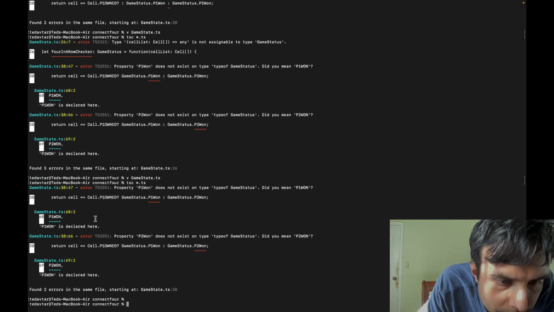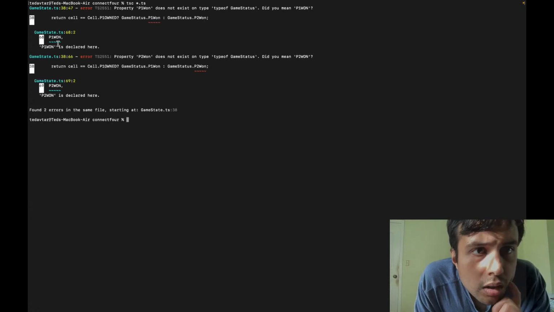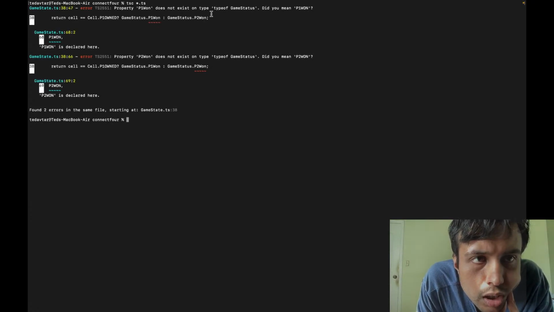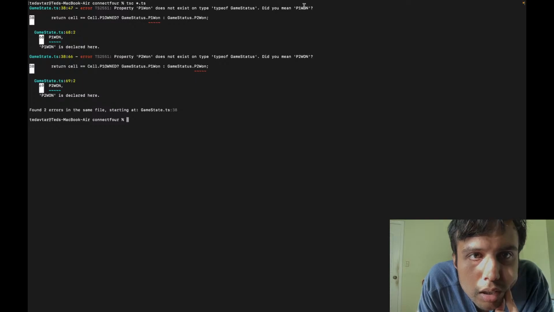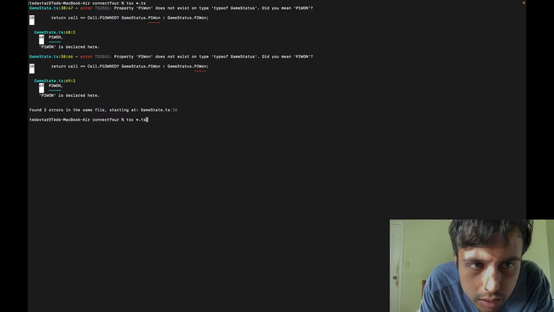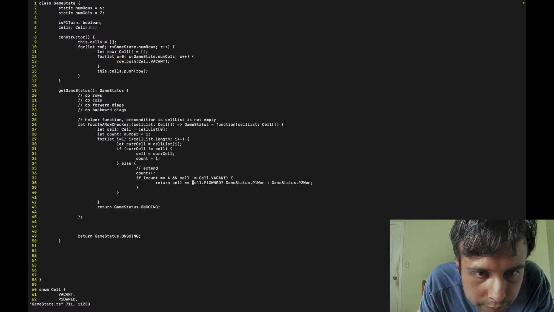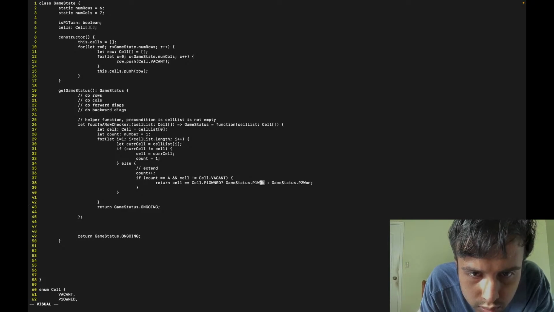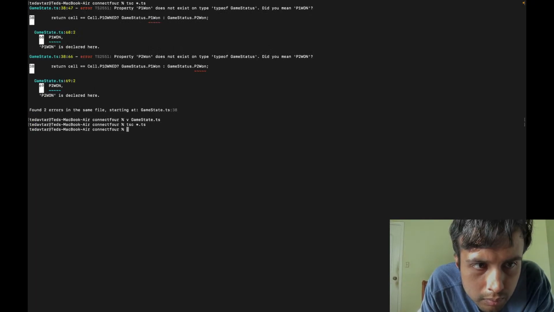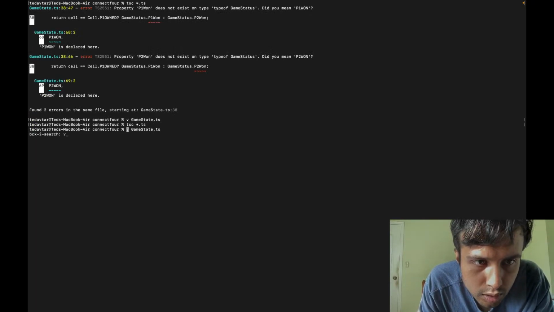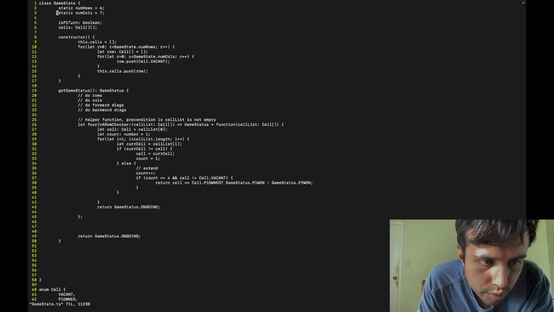Two errors. P1 does not have type of game status. Okay, caps, that's fine. Typos don't count as errors in my book. Nice, 0 errors. Okay, so now that we have this helper function for in row checker, all we have to